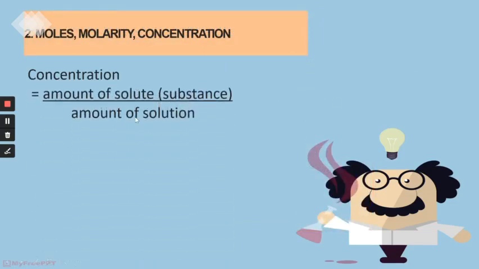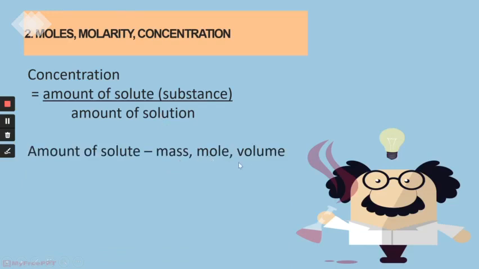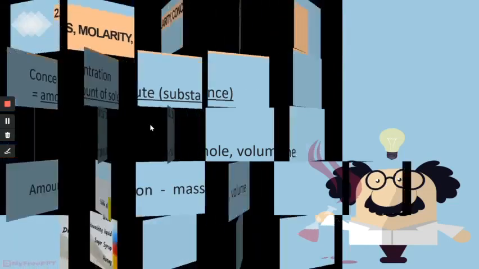So this is the general equation or general formula for concentration. Concentration equals amount of solute or substance over amount of solution. The amount of solute can be in terms of mass, or in terms of volume, or in terms of mole. And the amount of solution can be in